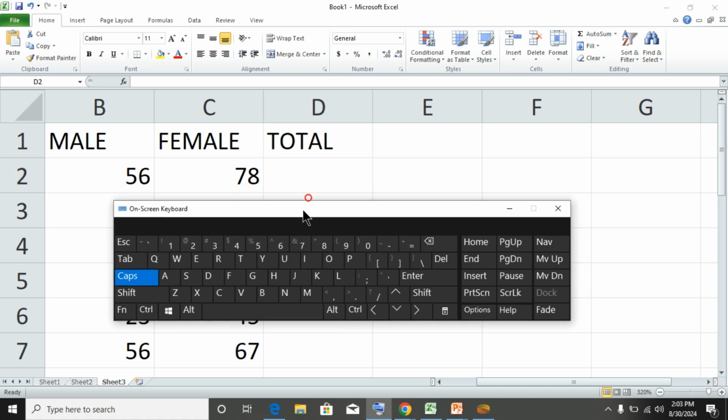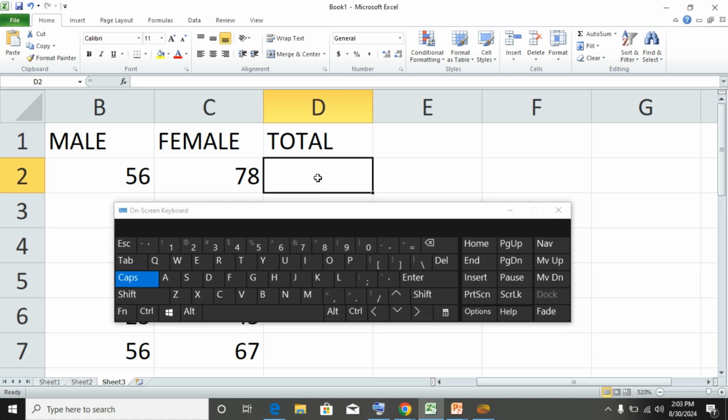So you select the cell where you want the answer to go, and then for multiplication we have the multiplication sign, which is on the number 8 key, but you have to hold down the Shift key before you get that. So we say in Excel, before you perform calculation, you start with the